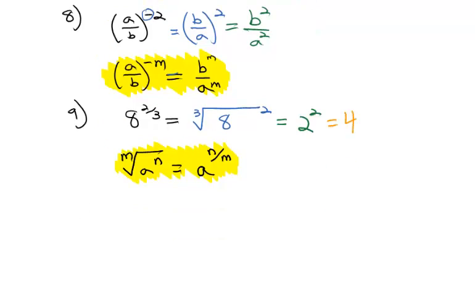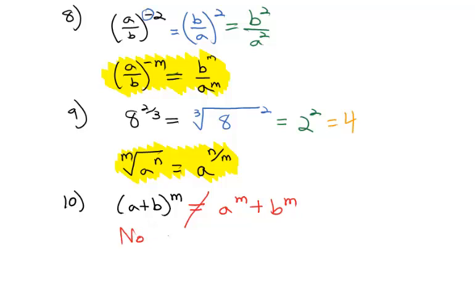One last non-rule that I want to remind us of is if we have a plus b to the m. The common thing we see students do is they will say that's a to the m plus b to the m. But this is not correct. If we were to FOIL this out, you'll find that we have terms in the middle that have been lost by doing the shortcut. So there is no distributing